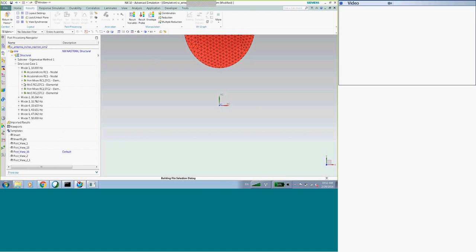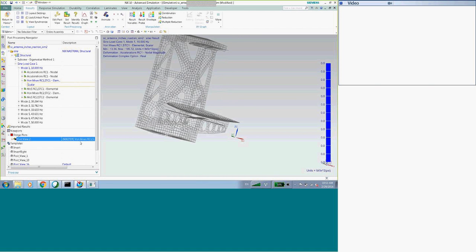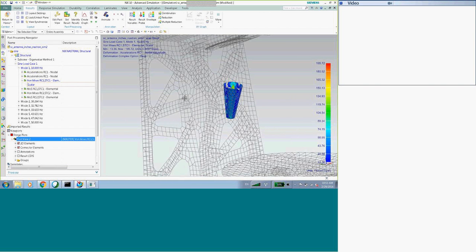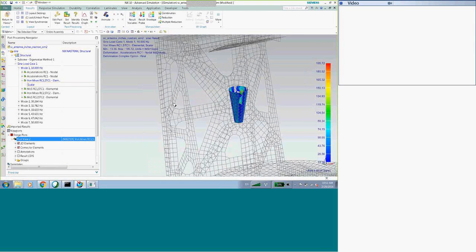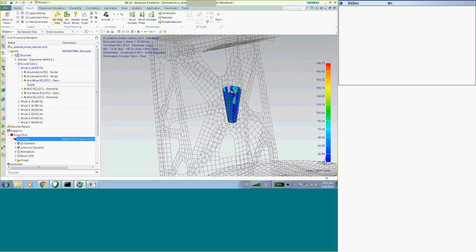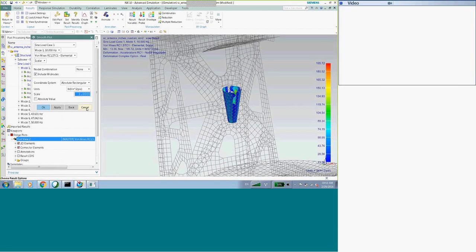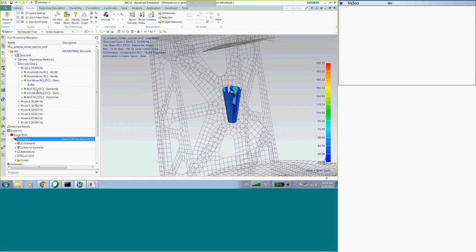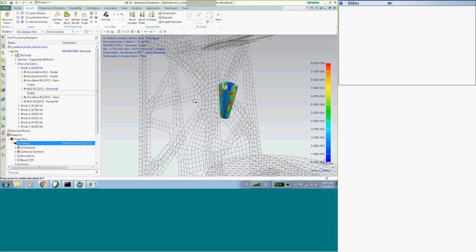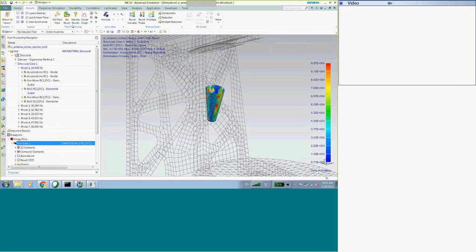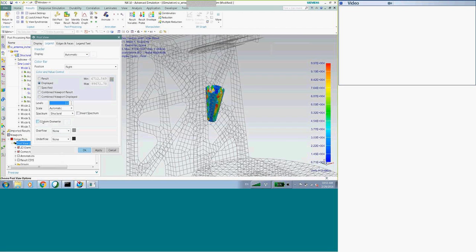All right, so for accelerations and von Mises stresses, so von Mises stress. If I edit my post view, I can't convert that to anything. Extract the phase at which the maximum von Mises stress occurs, so it's real data. You can see the safety. What you might want to do for the margin of safety is to invert the color bar, so the low margins become red. So I can just go invert spectrum.